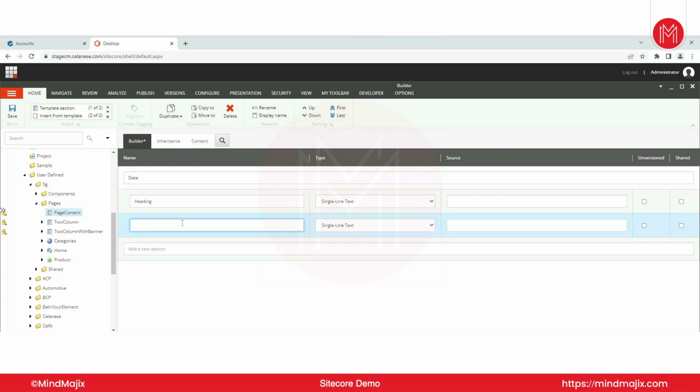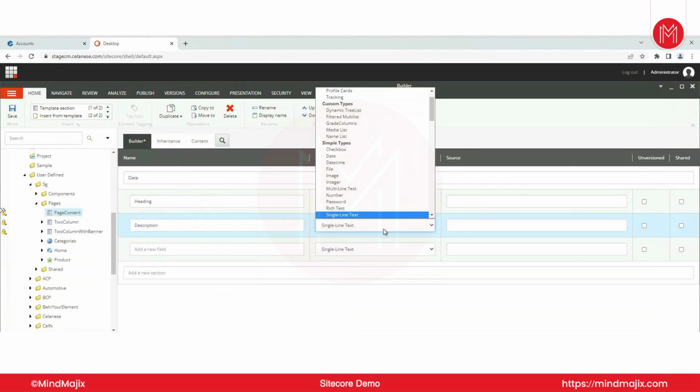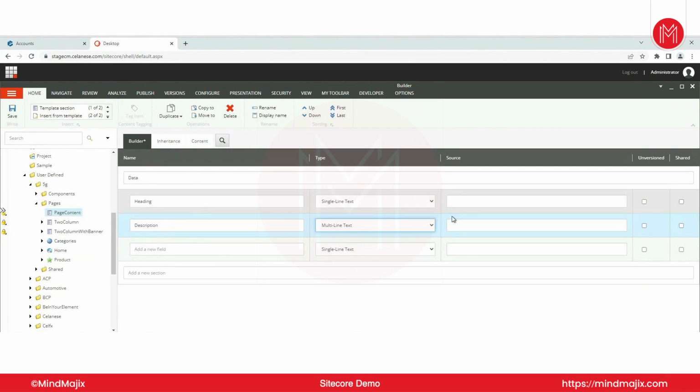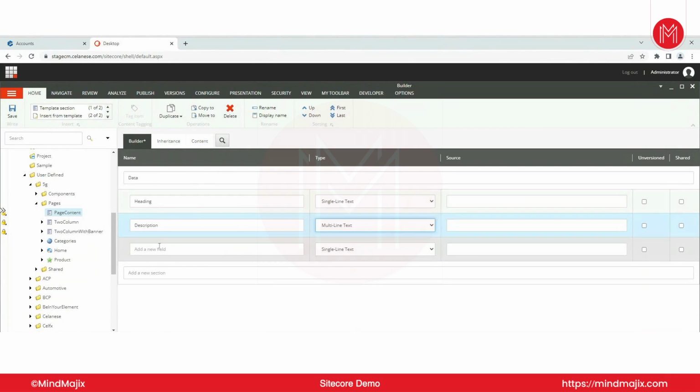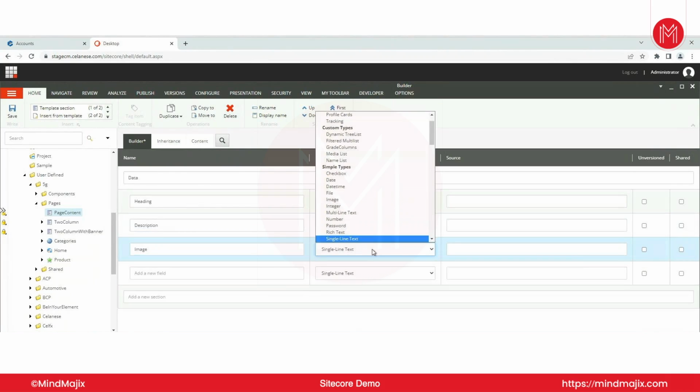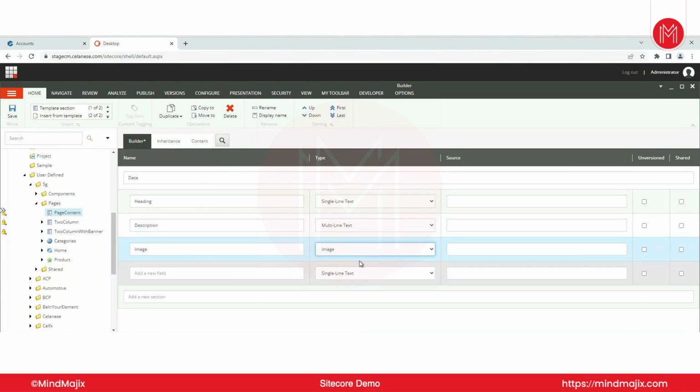And here that is our first thing, what heading was, and here we can provide multi-line. Here it is. Okay, so this will be our multi-line text, and later we need one image. So we'll say image, and there will be one field image. Here we can see, this will take input as image from our Sitecore media library. So if we save this,